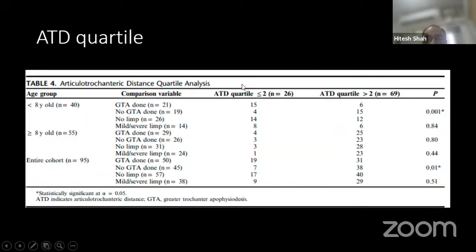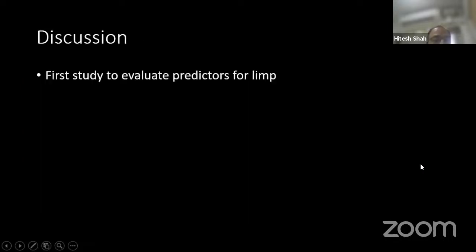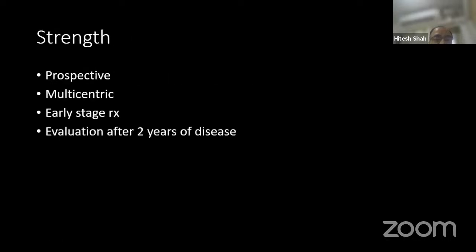And we looked at the difference in ATD, the quantitative measurement. The same observation was noted. In less than 8 years, it was protective, while in more than 8 years, it was not protective. So this is the first study to evaluate the predictors for the limp, and the strength of the study is that it is a prospective multicentric study, the surgery is done at an early stage, and this is the evaluation at